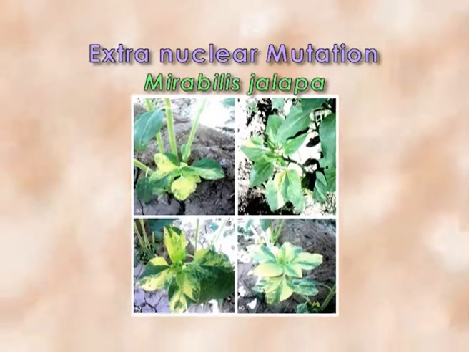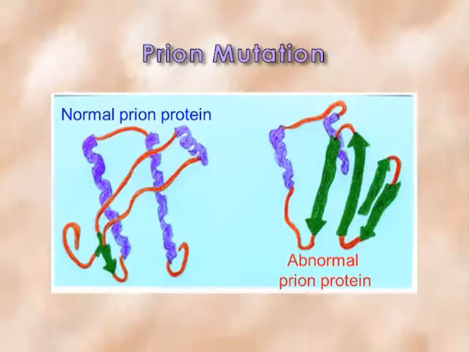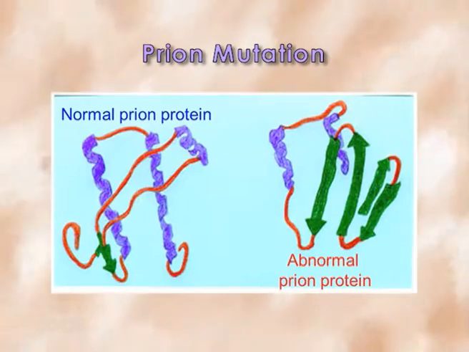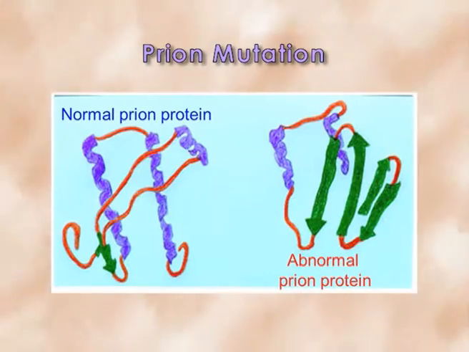Apart from which, some special classes are there causing the extranuclear mutation and prion mutation. The extranuclear mutation includes, in case of the chloroplast of Antirrhinum and Mirabilis species, two types, plasmon and plastidom. They are defective in the synthesis of some of the chromophore in case of chloroplast. Okay. And apart from which, the prion mutation, the prion is a protein and it does not require any genetic sequence, but prion replication occurs, and as replication occurs, mutation also happens.